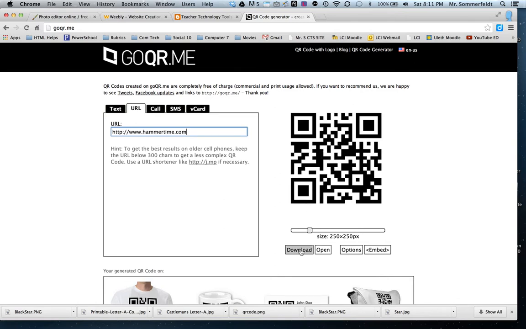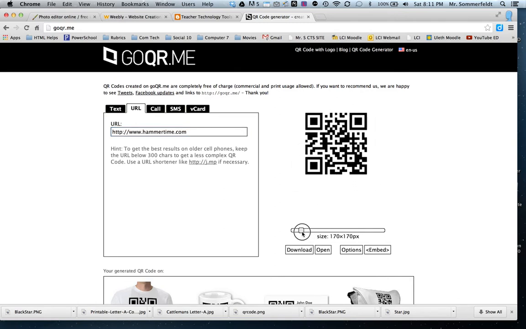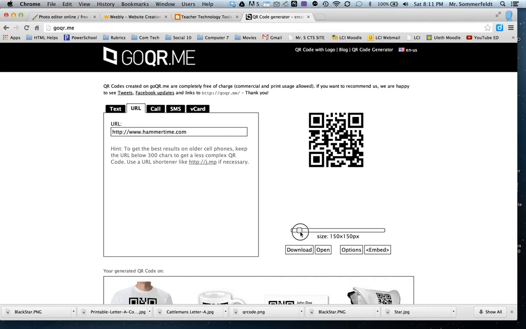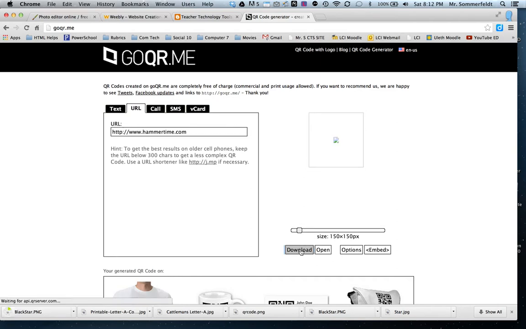And you see here that it created that for us. Let's make it a bit smaller because we don't need it that big. Make it 150 by 150 and download it. You'll see that it's downloading it over here. So I'm going to open that up,